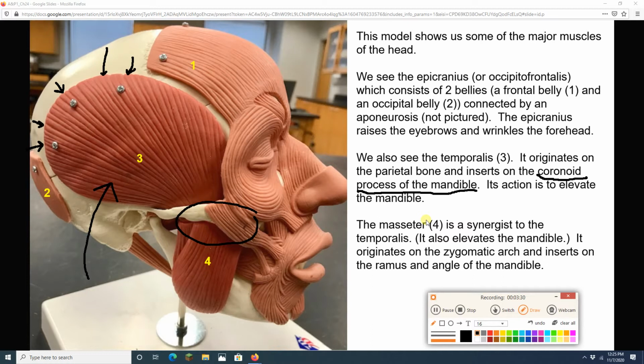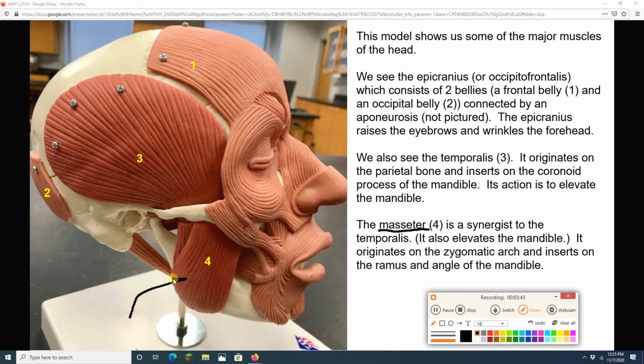Okay, another muscle for jaw clenching is this muscle called the masseter. Masseter, the word has to do with chewing, kind of like the word mastication. We see the masseter right here. It is going to originate on this zygomatic arch that we have here. And it's going to come down and grab onto the angle, the ramus of the mandible. And it's going to pull your mandible up. If you put your hand on the very back of your cheek and you clench your jaw again, you should be able to feel the masseter